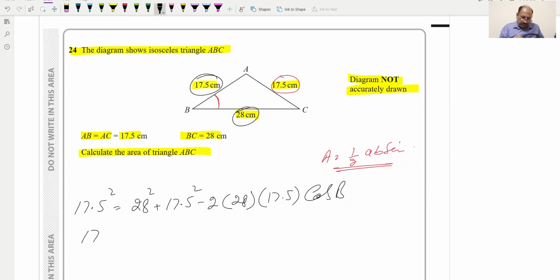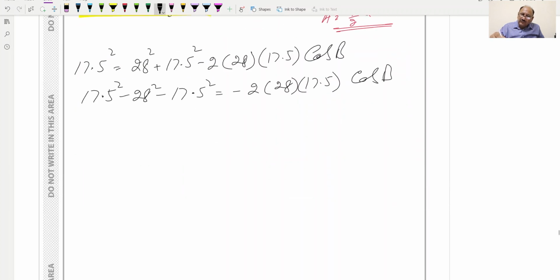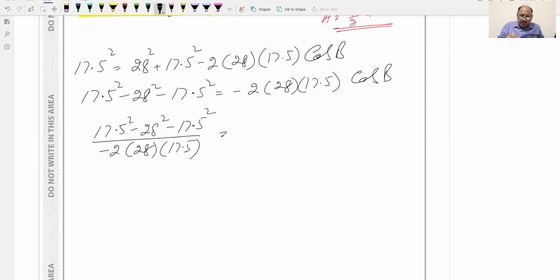So we can write 17.5 squared minus 28 squared minus 17.5 squared is equal to minus 2 into 28 into 17.5 cos of B, and now we can shift this portion also to the other side, and this will be in the form of denominator: 17.5 squared minus 28 squared minus 17.5 squared divided by minus 2 into 28 into 17.5, and this will be equal to